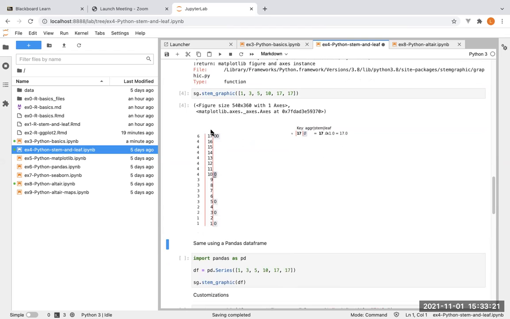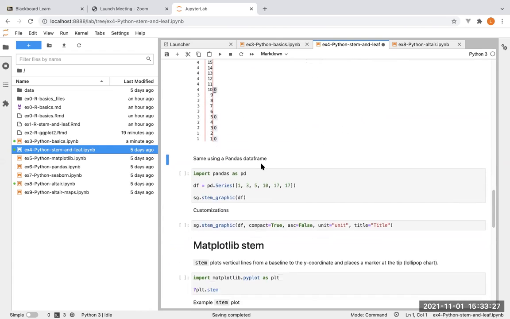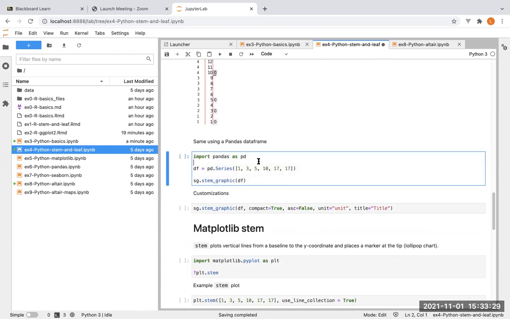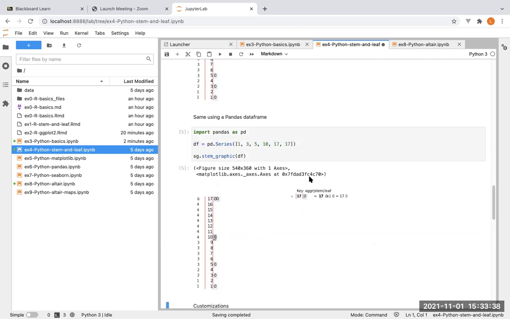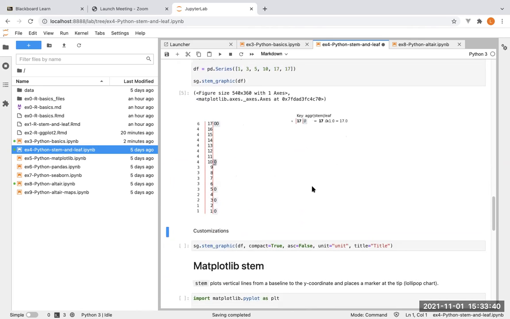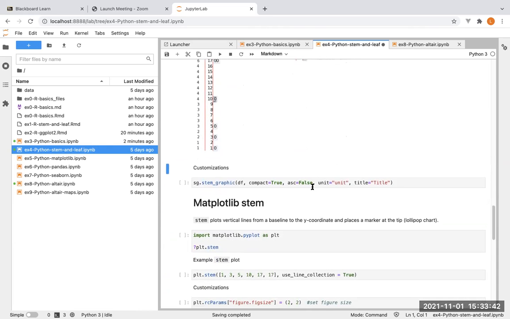The stem is here, and the leaves are marked with blue. If you have a data frame, such as here, we're doing just a simple data frame with the same vector. Then the nice thing is that you can pass in the data frame, so you don't have to spread it too much, and obviously you get the same